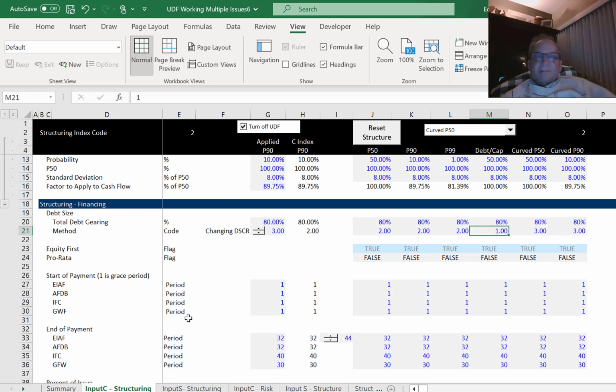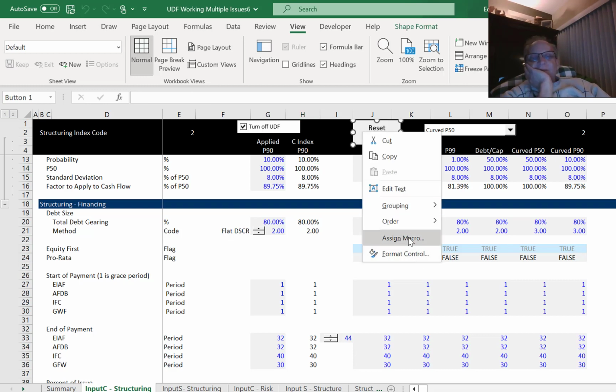Well, I'll put 2. Okay, so there are different ways to size the debt, and I've already kind of messed this up. But what we might want to do is put a little spinner box. That's what I was trying to show you, and we might want to change these codes or change any of these things. So we have this index, and then we're going to make the simplest macro you can almost imagine,